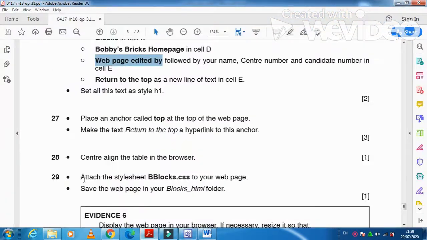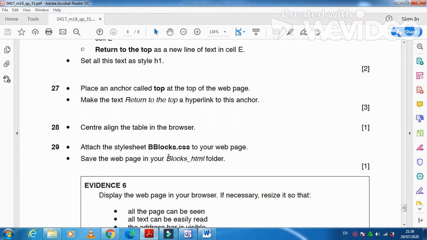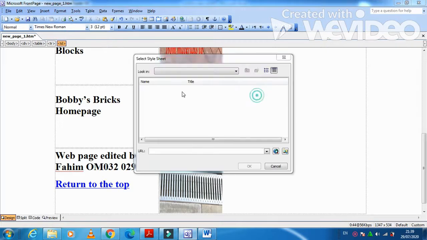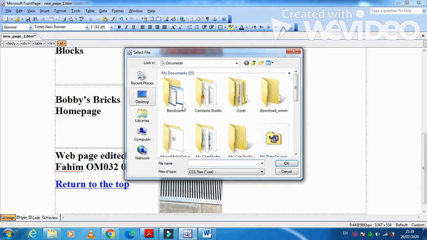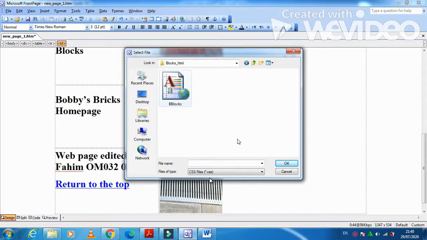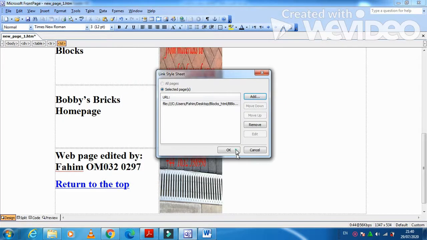Then after, attach the style sheet BB blocks to this web page. So I'm going to attach a style sheet to it, and it is here, desktop, in my folder. Yeah, attach the style sheet to it.